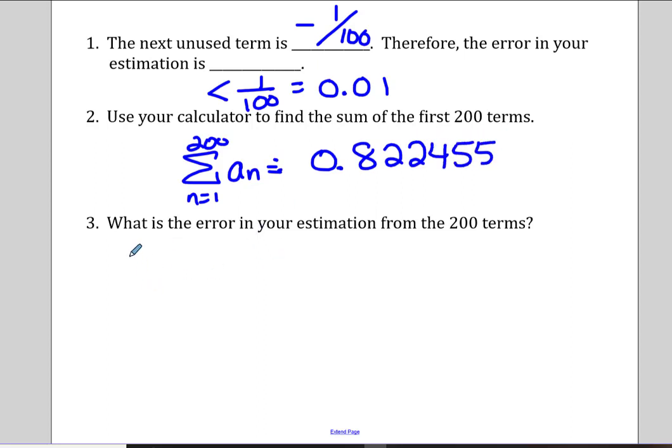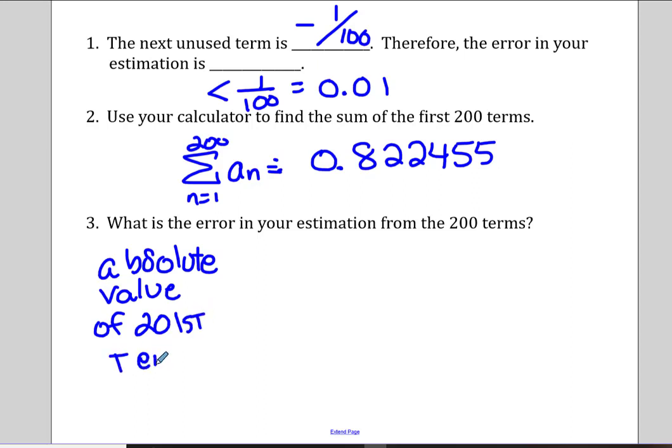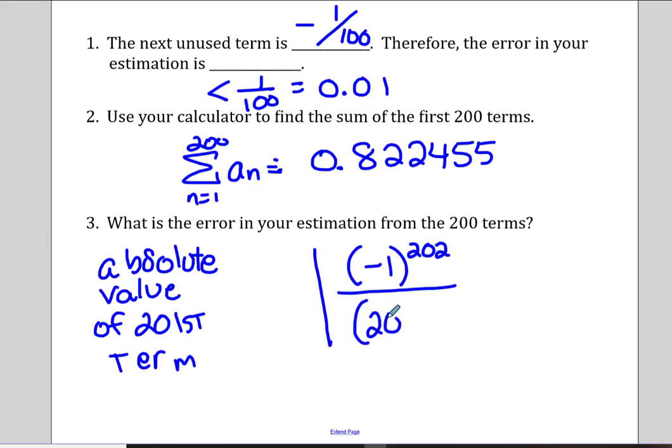And looking for the error, we want the absolute value of the 201st term. So we're looking for the absolute value of the 201st term, and that would be negative 1 to the 202 power divided by 201 squared. And again with our calculator,